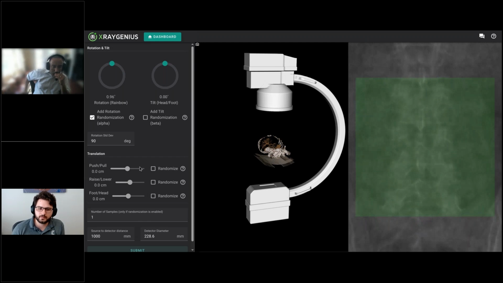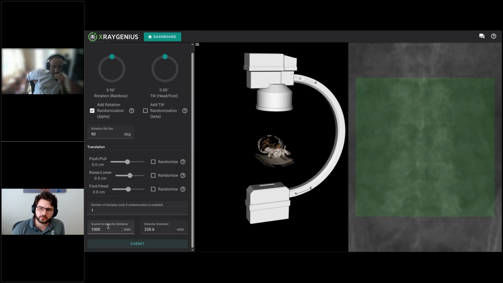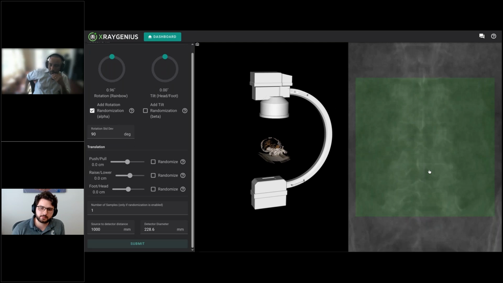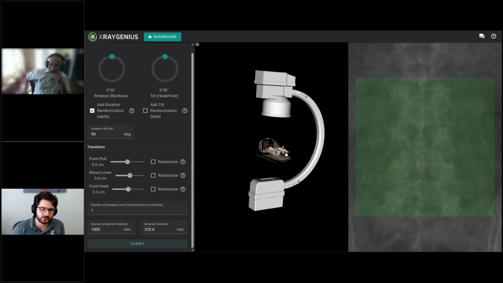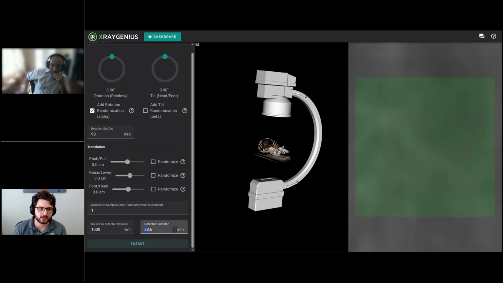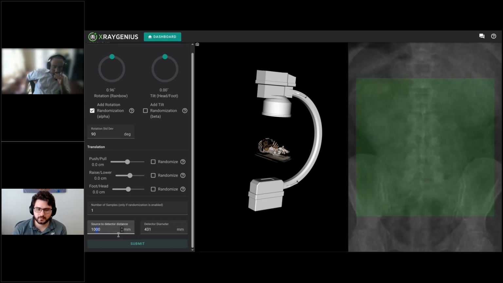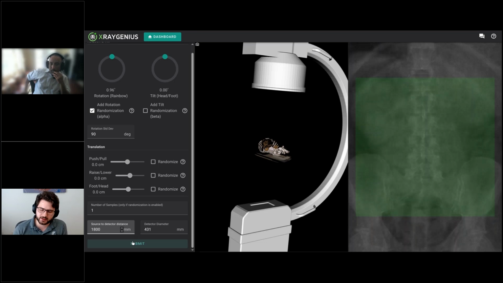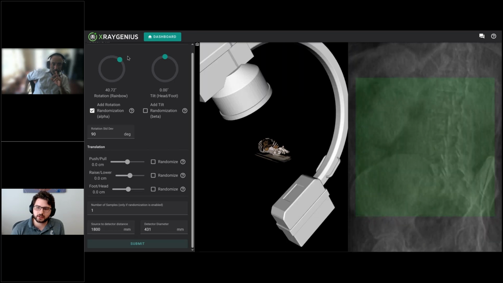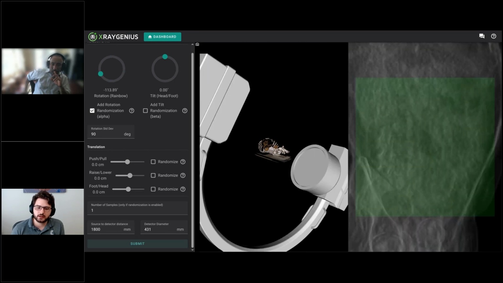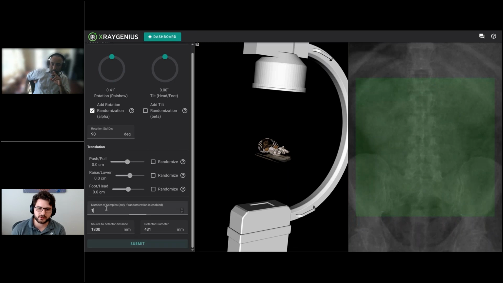You can see here the field of view is not very big, and in typical usage of a C-arm, you'd have the subject a lot closer to the detector. To compensate for that, I'll choose a larger sensor size. Let's do that 431 number again. I'll also increase the source to detector distance to decrease some of the distortions. With these parameters, now you can see on the preview the kinds of rotations that you get. And if I generate, say, 5 samples,